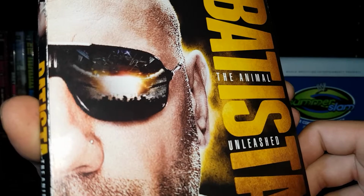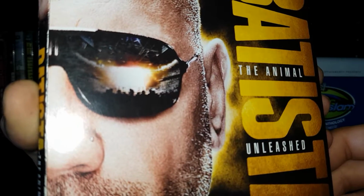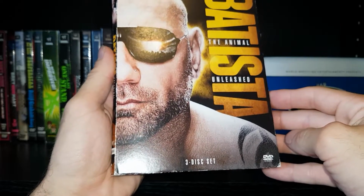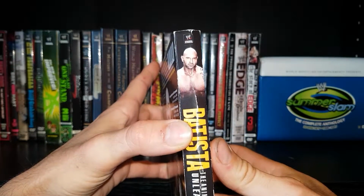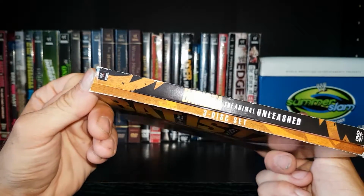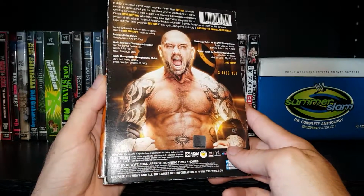We got an awesome shot there of probably Batista at the Rumble or something like that. Can't really make it out. It's not really a good shot, but really cool. I did get it disused, so it's not in the best condition. Got Batista on the spine. It's your alternate spine. So only a 7-hour runtime,